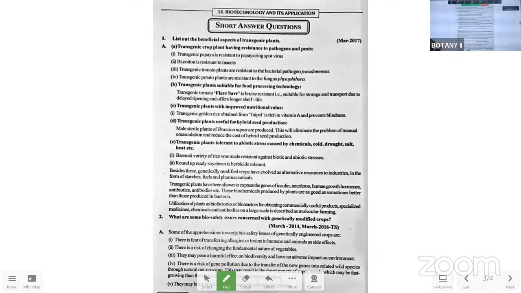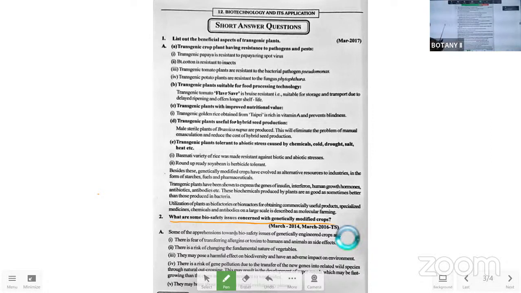At that time, no one can say. So it is better to go with the SAQs from these units itself, where 2 chapters are there. Okay, so here the first one will be the easiest one, the biosafety issues concerned with the genetically modified crops. You can easily answer this if you know the previous